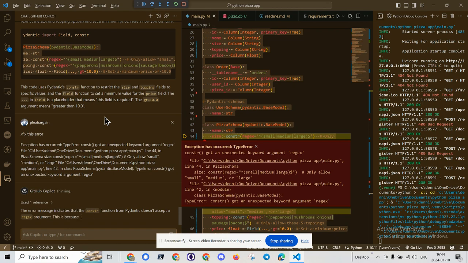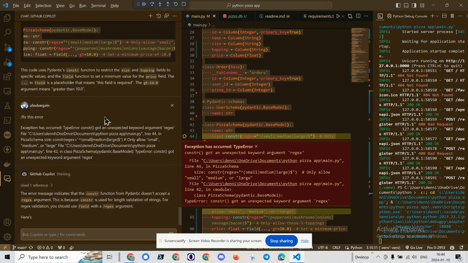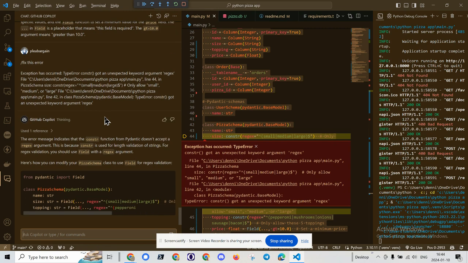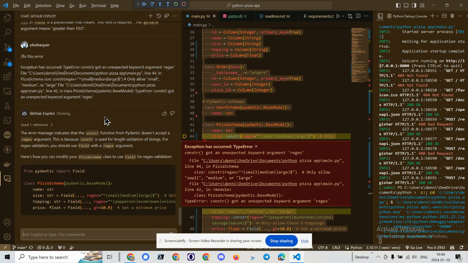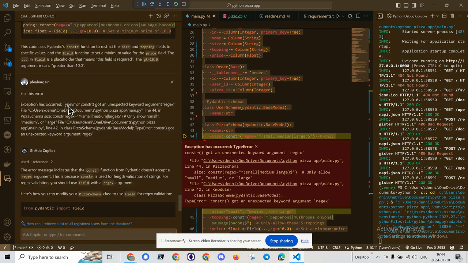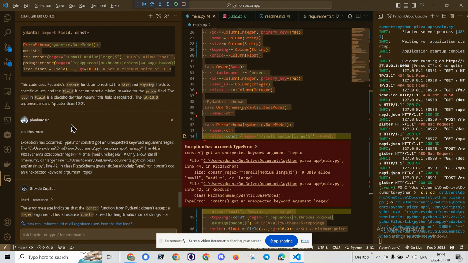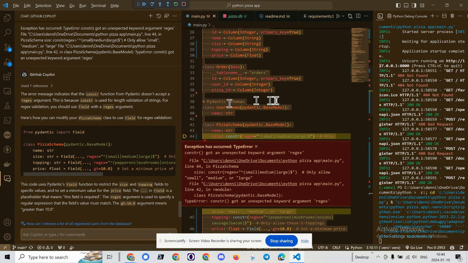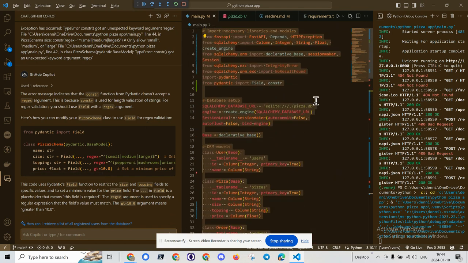which is one of the serious problems of Copilot as well as GPT-4, is that they don't always provide all of the details required to get the code to work, even though it's theoretically aware of all of the code. It doesn't do a good job. So let's take a look at